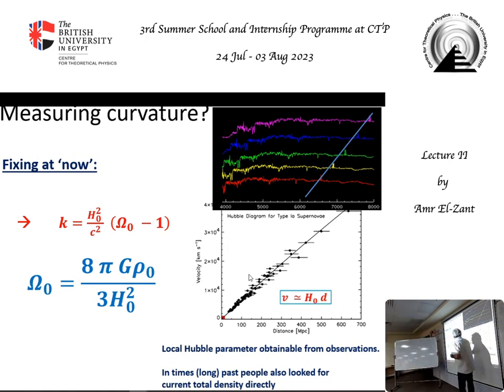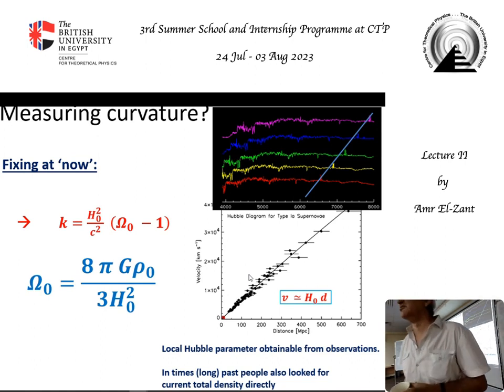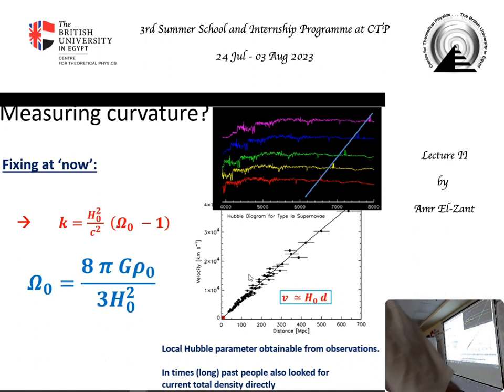Sandage and Zwicky, I think, were arguing about the Hubble parameter, how much it is. So what is the local Hubble parameter? How do we measure that? We'll get a bit more detail tomorrow, but here is more or less how you can do it. You interpret it naively as a speed of recession. If the universe is expanding, galaxies are moving far away from us, and locally the expansion can appear like a speed. Okay, we'll take it naively. It's not how it is really, but that's how people like Hubble considered it.